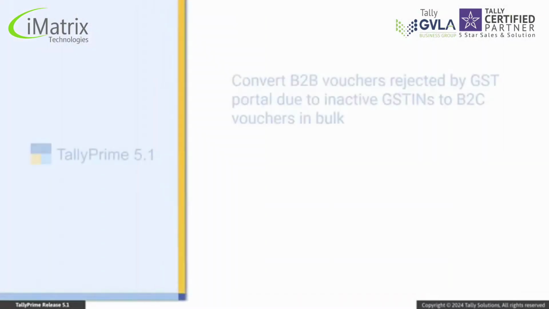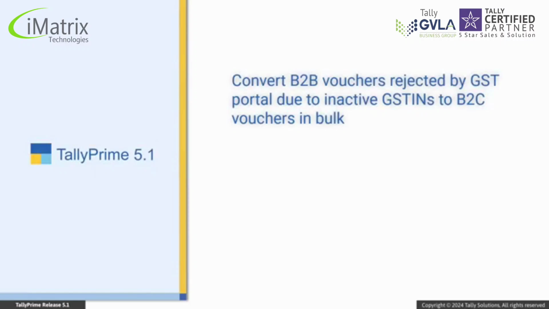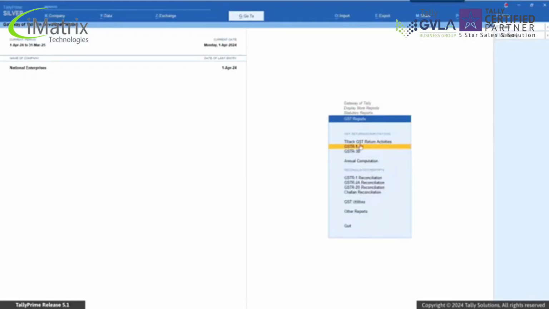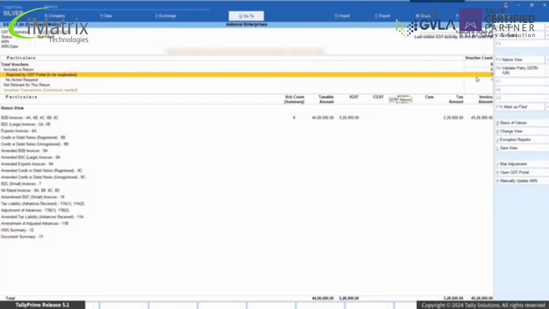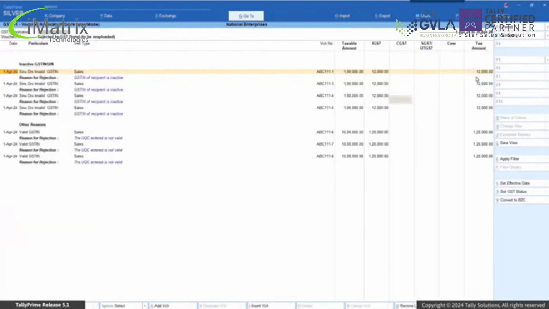Now, you will see how to convert vouchers for B2B transactions rejected by GST portal due to inactive GSTINs to B2C vouchers in bulk. Such vouchers will appear under Rejected by GST portal to be re-uploaded. Drill down. In the GSTR1 voucher register, you can see a group Inactive GSTIN UIN.